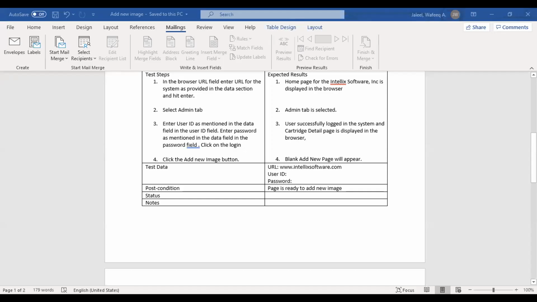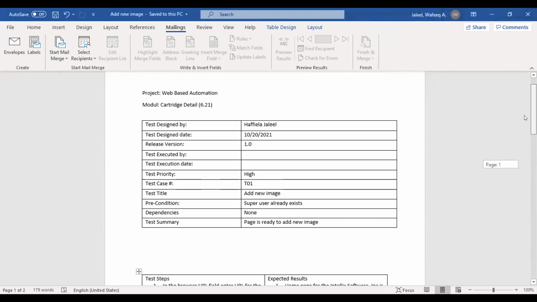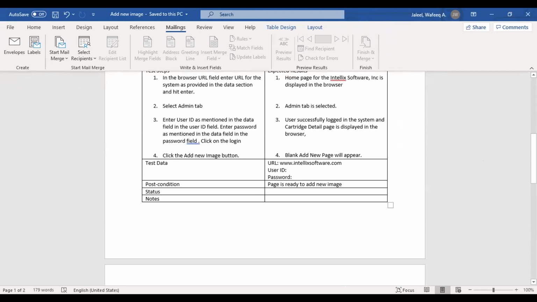Add new image. Okay. So I'm doing the cartridge detail page. In that I'm checking the add new image button. The project name is web-based automation. Is it correct? Yeah. So the test title is add new image. Precondition: super user already exists. So hang on there, right? So when you say super user already exists,